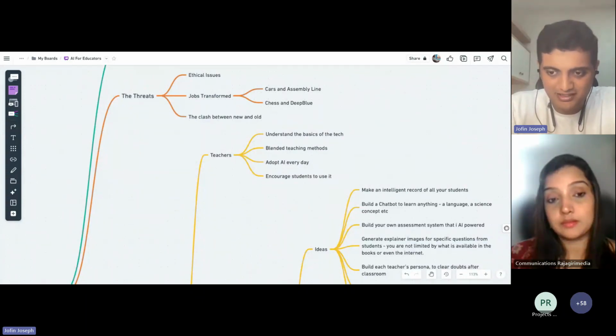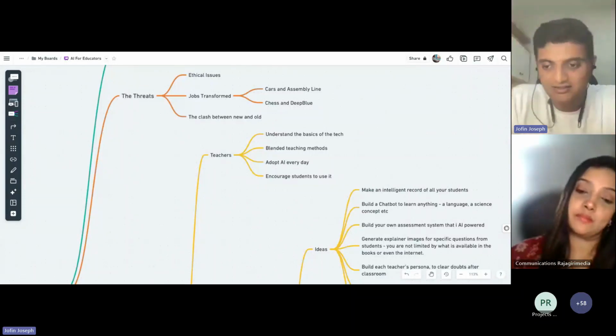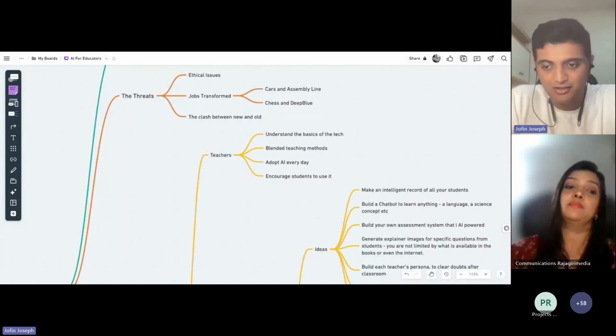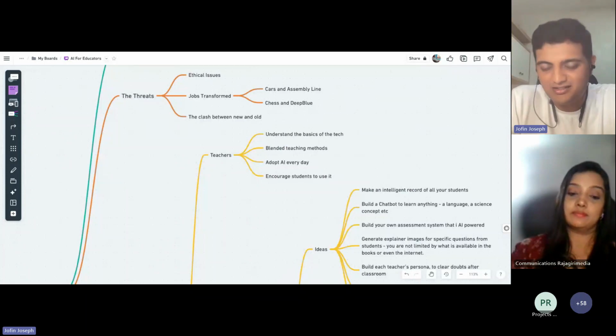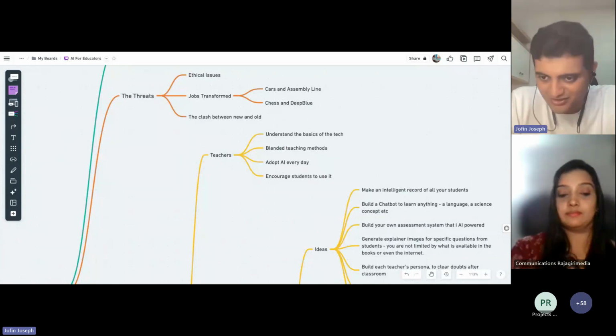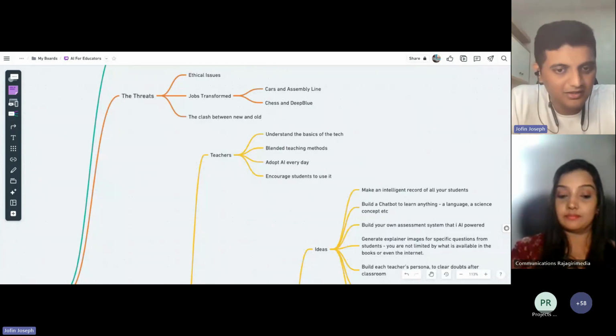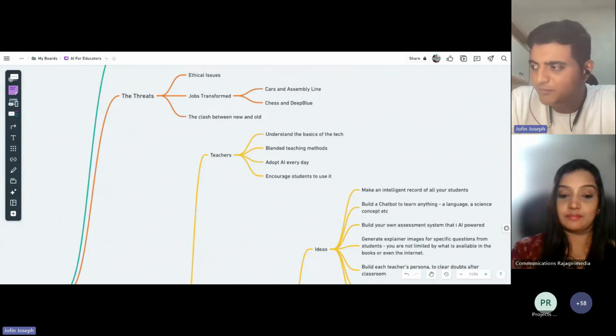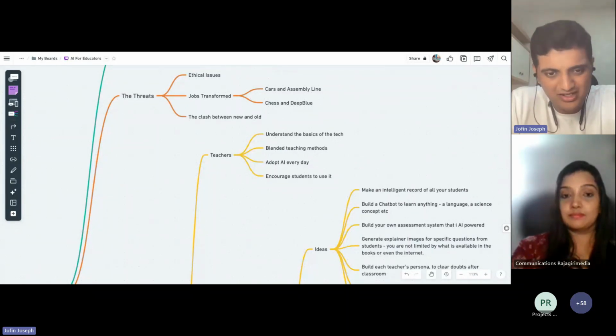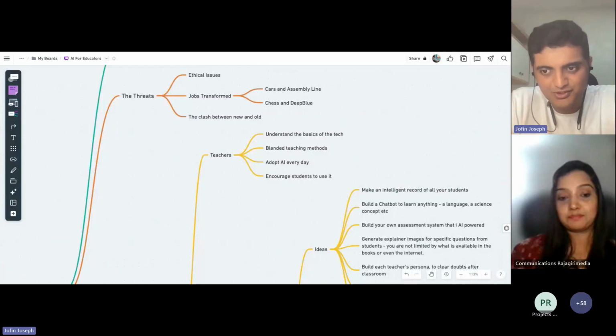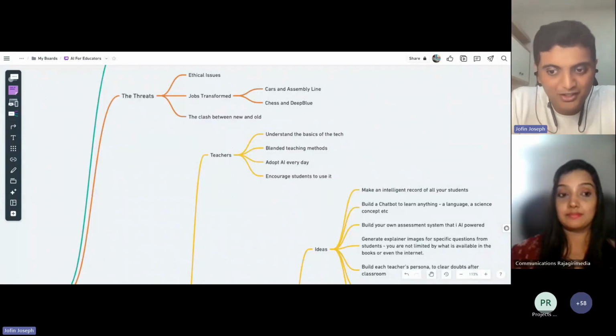Which is taking your teaching styles one notch higher. So once you start doing that, you can probably start using the same AI to create content for that, to create presentations for that, to create images for that, so to create a lot of new things, right? So that is where in your everyday simple activities you can simply start with it, right? So this is something that you can start today.